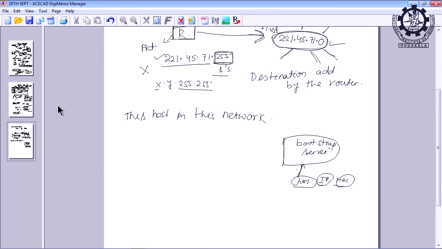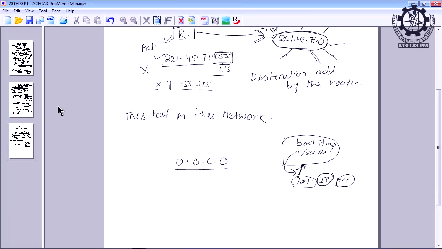And the bootstrap server tells the host that you have this IP address, and from this IP address it understands to which network I am connected and what is my host ID. So this is a special kind of address having all the net IDs 0 and all the host IDs 0,